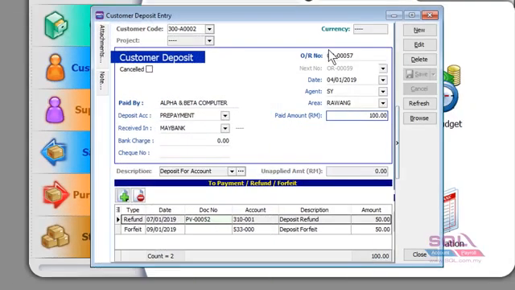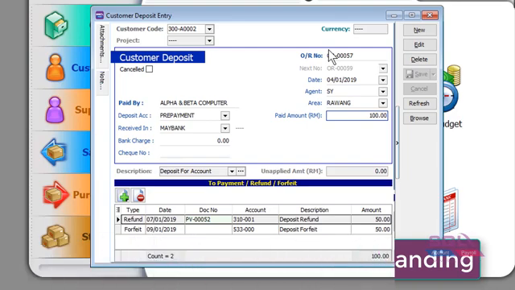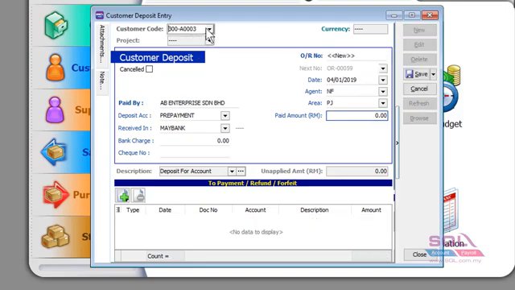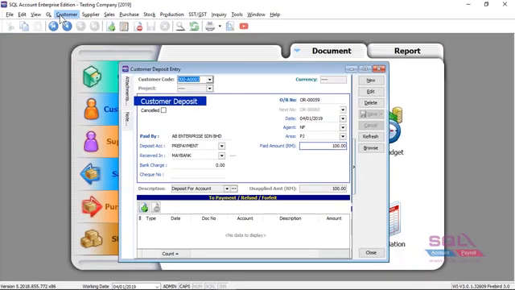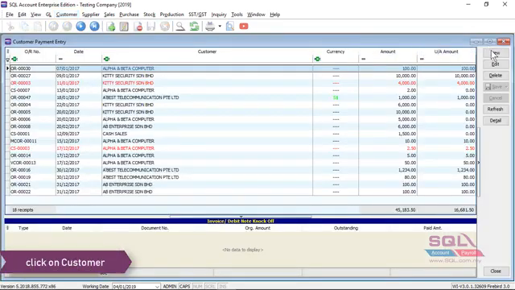To show you the last scenario, the deposit can turn into payment and offset with the customer outstanding. I will have to create a new deposit because the current deposit has already been refunded and forfeited. So let's issue a new customer deposit. Let's say AB Enterprise. Let's say the amount is 100, and save. So in future, if I want to turn this deposit amount into a payment to offset with the customer outstanding, I can just go back to the customer payment,